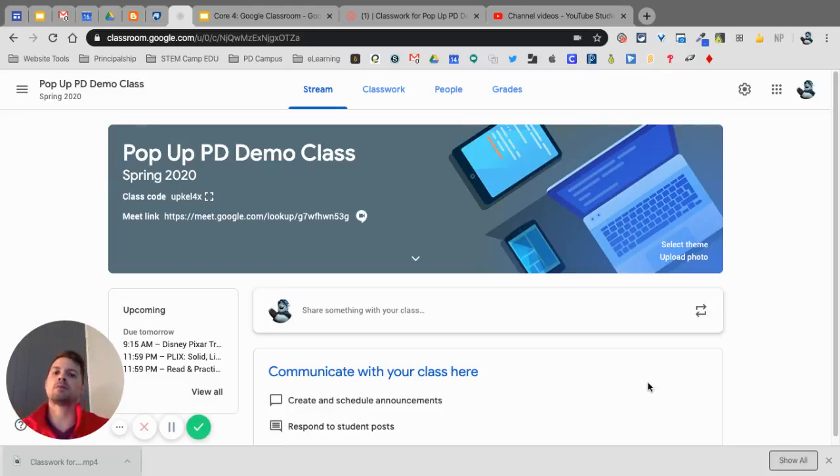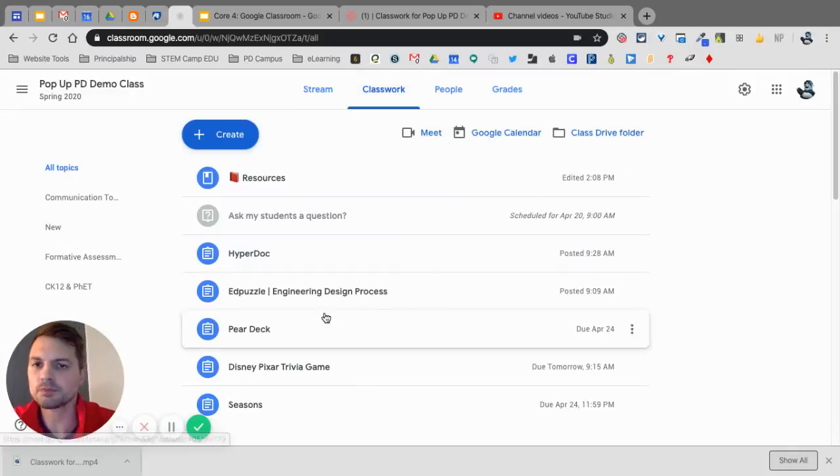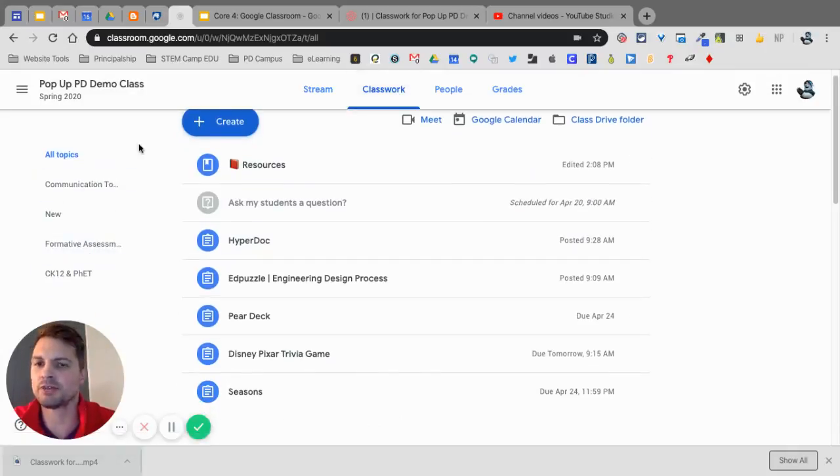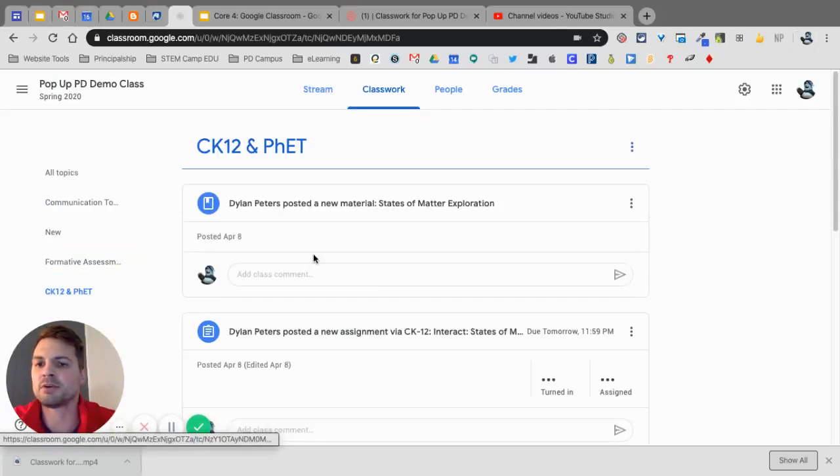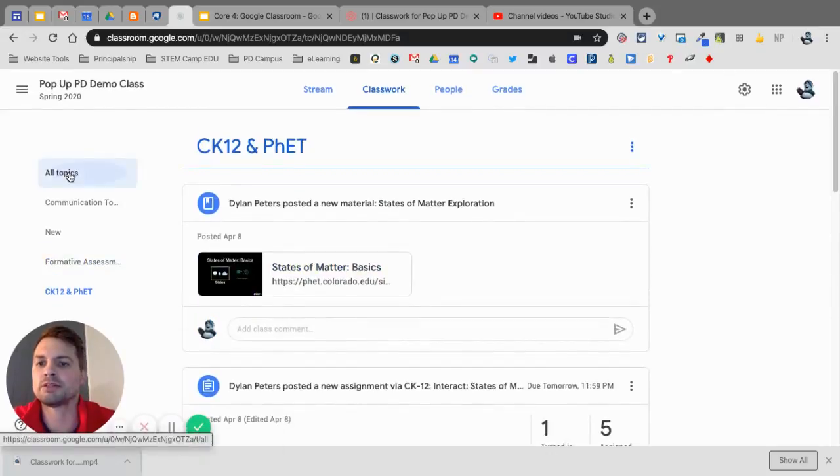So to do that, I'm going to go into my Classwork page. And here you can see off to the left, it's kind of unorganized because we've been creating these resources and just throwing them in here. But you can see, let's say my topic is CK12 and PhET. All here is my CK12 and PhET